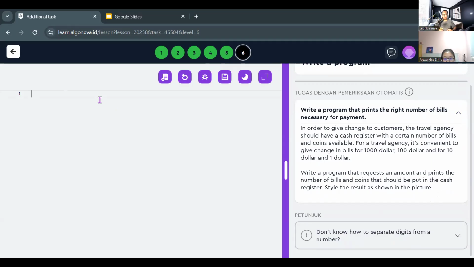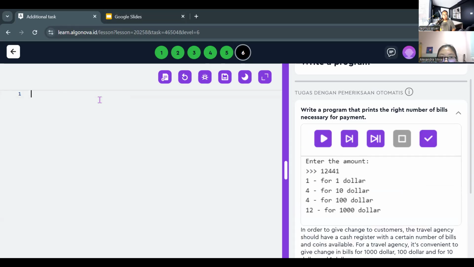Okay, the last one in here, write a program. So what do you think about the write program task in AlgoNova? Is it the hardest one, maybe, or not really? Maybe because this is what I am used to in class, I think it's not that hard yet. Maybe when it goes to harder materials, it's going to be harder. But right now it's still pretty easy. Okay, so it depends on the topic, right? Yeah. Okay.